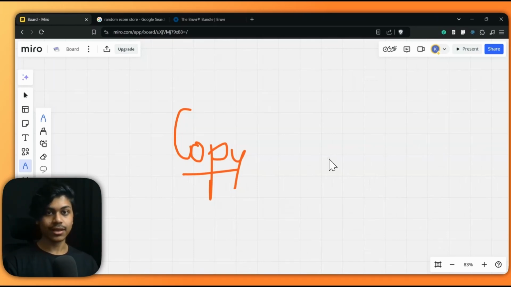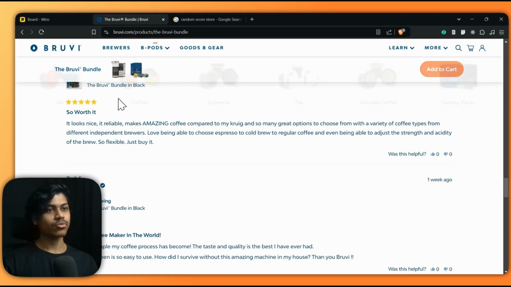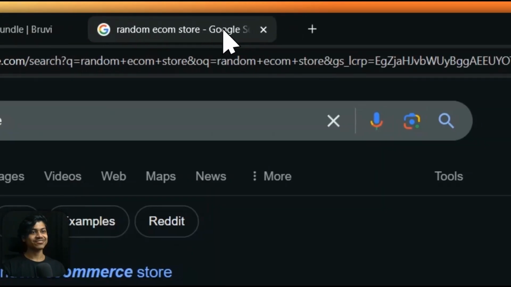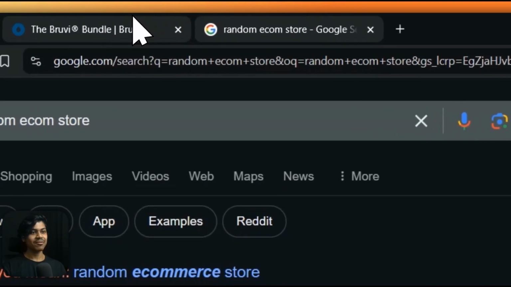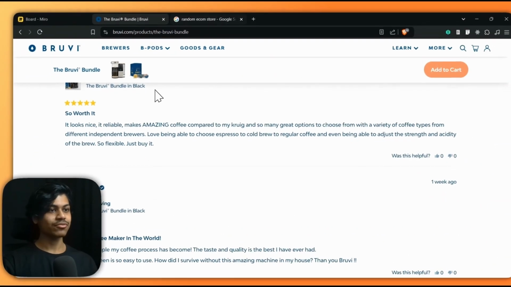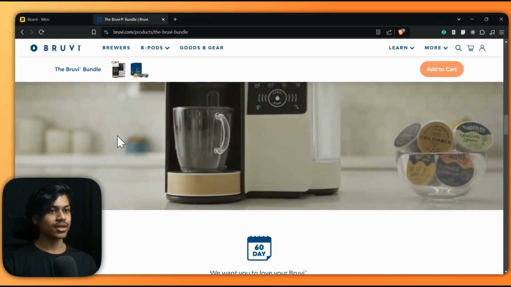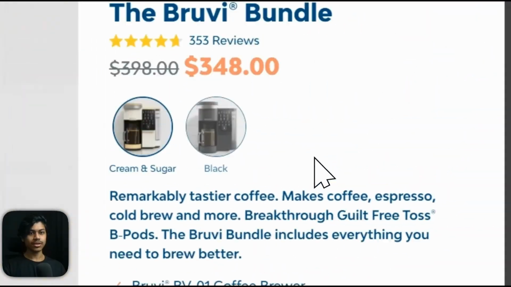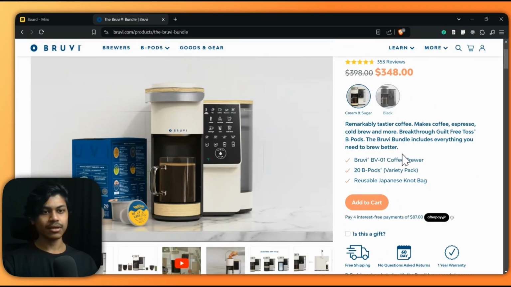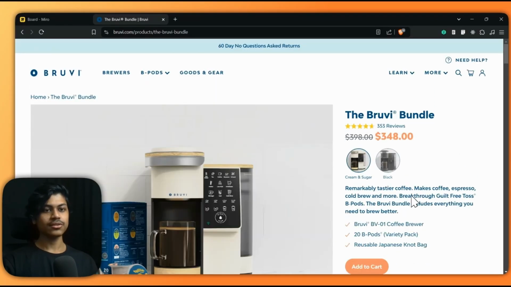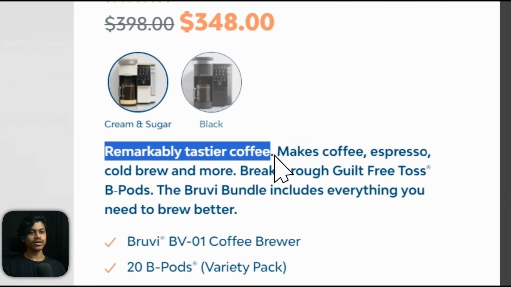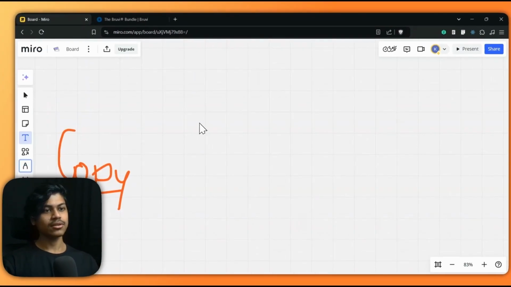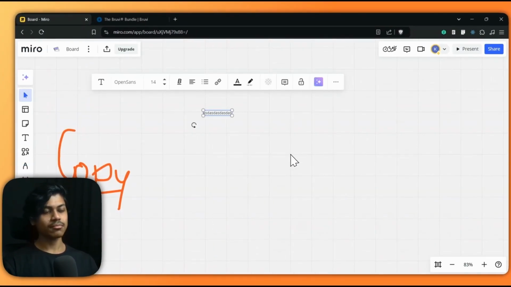your copy is like. So for example, I've searched for random e-com stores over here, but let's just say I've got a random e-com store, right? And they sell something, I believe they are selling a coffee maker. So let's take one of the benefits or pain points of this brand. Let's just take this part, right? Remarkably tastier coffee. So let's say this is your copy and you write something and there's